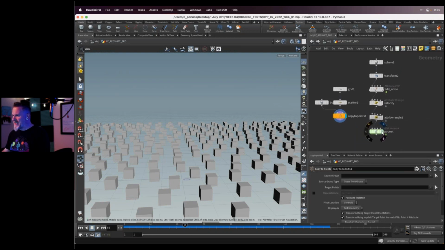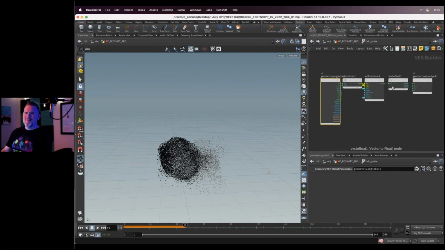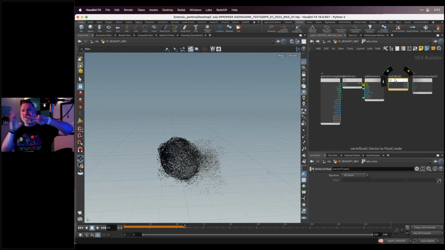We'll just skip over that for now and render this. I went back into VOPs and I bypassed this. I couldn't make up my mind, honestly, whether I wanted to go straight from the noise to the color information or do this, which is what I did in this example, where I created something called a vector to float, which takes a vector input and splits it out into 3 different outputs.